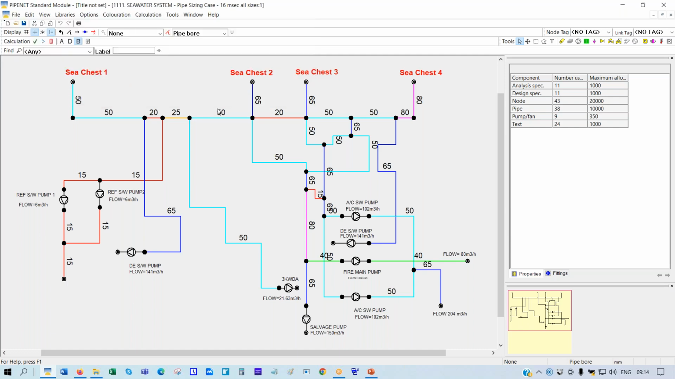It's a very small system. So you've got small diameters here. See this 20, 15, and so on, a non-preferred size. 65 is also a non-preferred size. So as we did before,